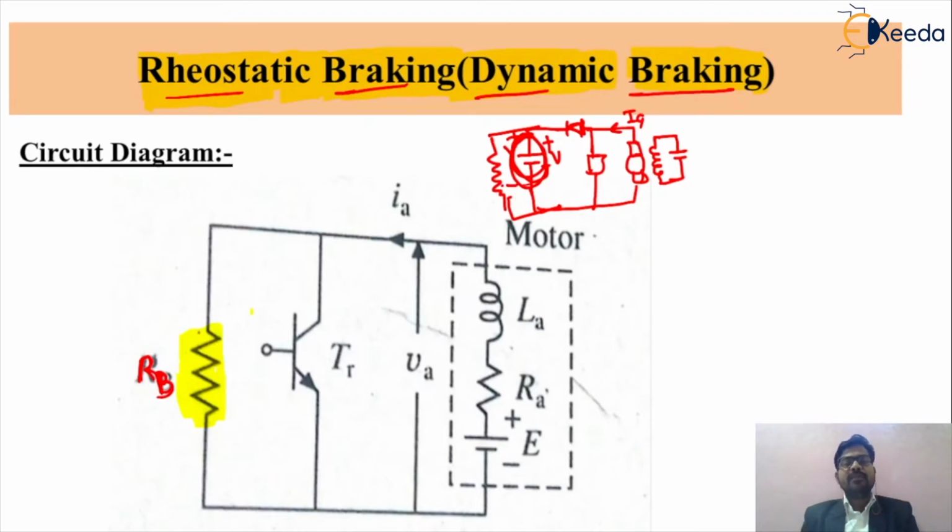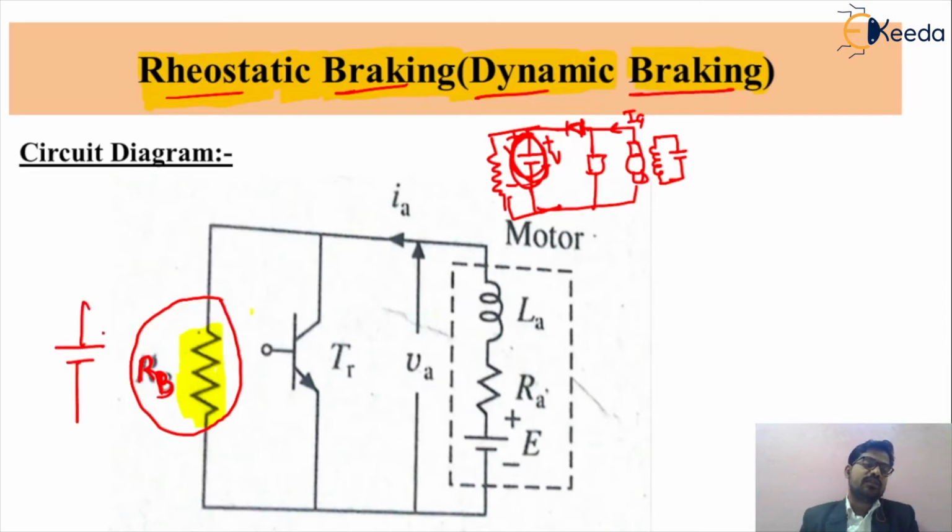I think everyone has got the clear concept of the difference between regenerative braking and rheostatic braking. Simply, in rheostatic or dynamic braking we just replace the DC source used for regenerative braking with a simple braking resistor. We want to find the effective value of the braking resistance, because the whole energy will be consumed by the resistance in dynamic braking. That is the basic concept.